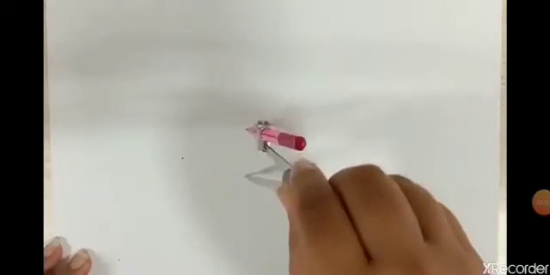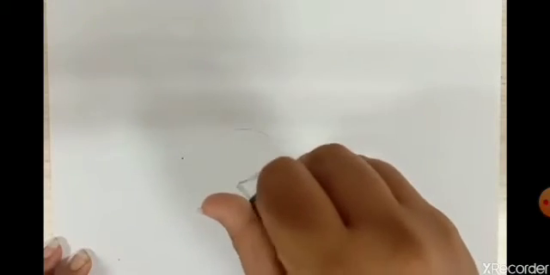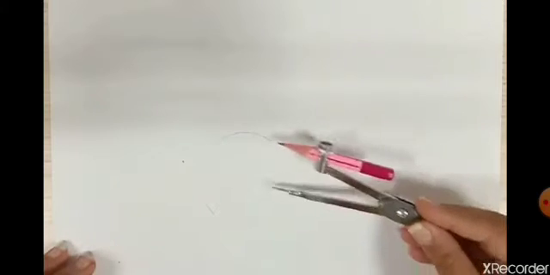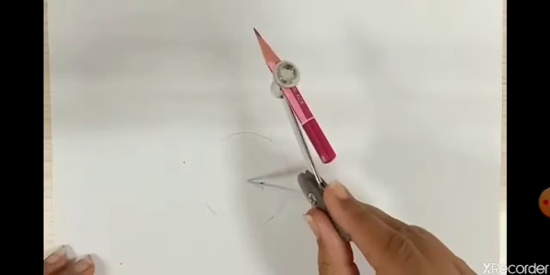Namaste students. Today we are going to see the next topic, that is the transverse section of dicot root. Before we go to the topic, we are going to see how to draw the transverse section of dicot root. First we have to put a circle like this,